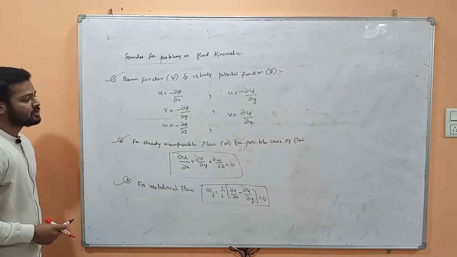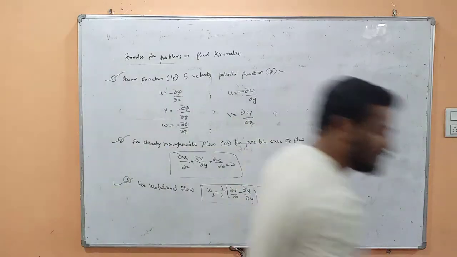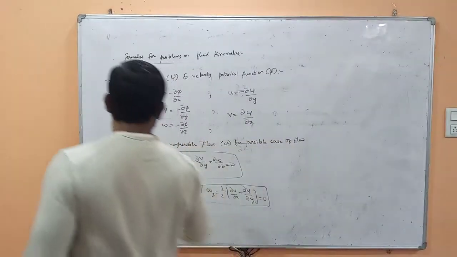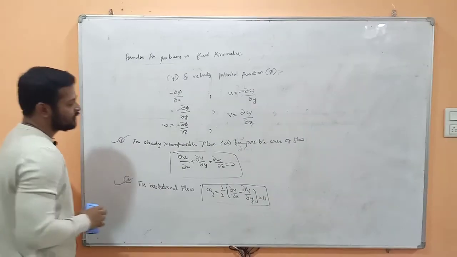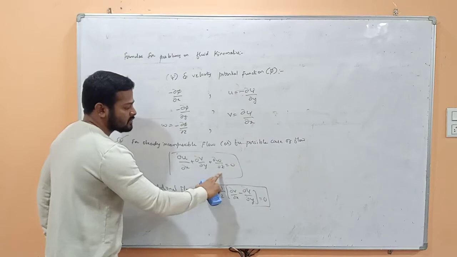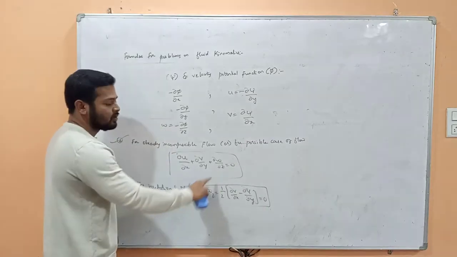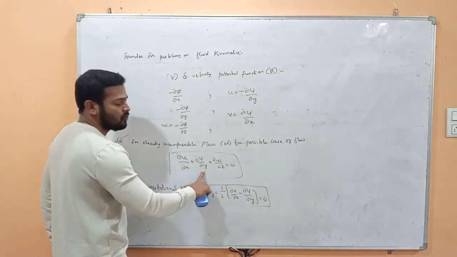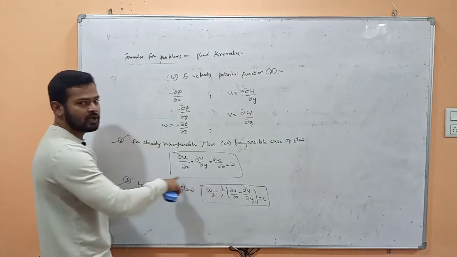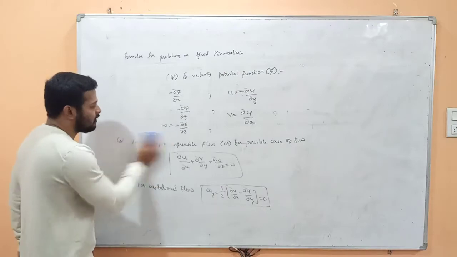Okay, so first, I will be taking the first question. One thing you have to remember, for this formula you have three terms, x, y and z term also. If it is only a 2D equation, then you have to take only x and y. You can neglect the z term because 2D means it will have only x and y, not the z component.